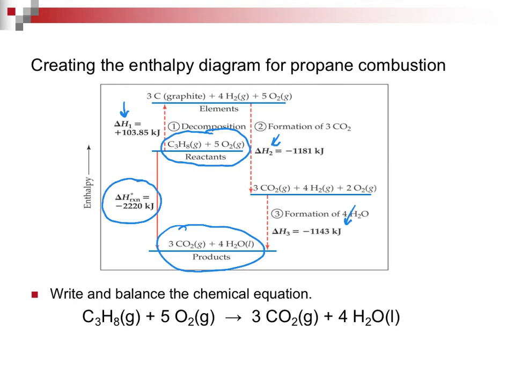So if someone were to ask you to create the diagram, here is propane, there is oxygen, you would write, and then you would have to balance the chemical equation. Just what you learned all the way back in chapter. If you look at our picture, here is our endo process, here is our exo, and here is our exo. Again, the other piece was the delta H0 of reaction. Now you can actually see 3.